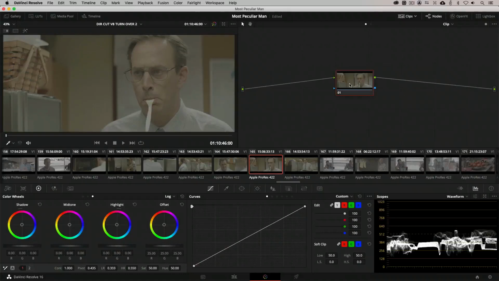Let's talk a little bit about workflows. I've picked a random shot in here. It doesn't really matter which shot that I use. And the first thing I'm going to need to do is to add another node after the first node that we have selected. Now, to do that, Option and S on the Mac, Alt and S for all my Windows friends out there. And what we're going to do is add some contrast to this shot,